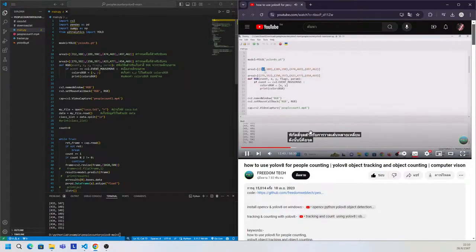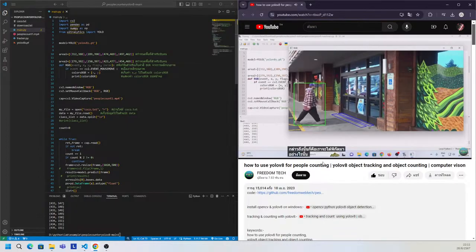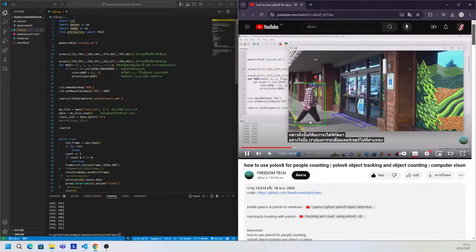This is our first coordinate, XY points. This is our second coordinate, XY points. This is our third coordinate, XY point. This is our fourth coordinate, XY point. As I mentioned, how will we get the coordinates? Simply we want to move our cursor where we want to